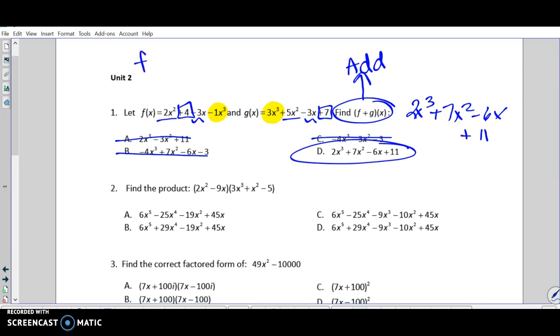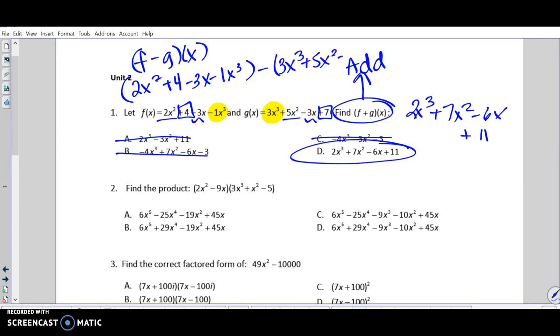The only difference when you guys see f minus g of x, so if I was doing that, make sure you distribute. So I would take f, this isn't asking you this, but let me go ahead and just show you. So if I would take f, order does matter, and I'm subtracting g, let me go ahead and move this,